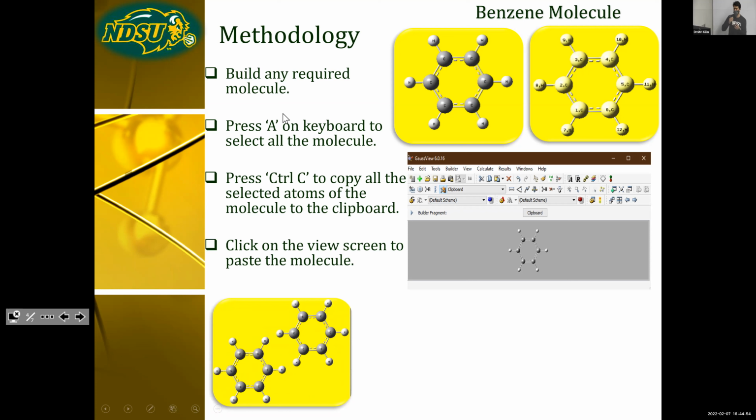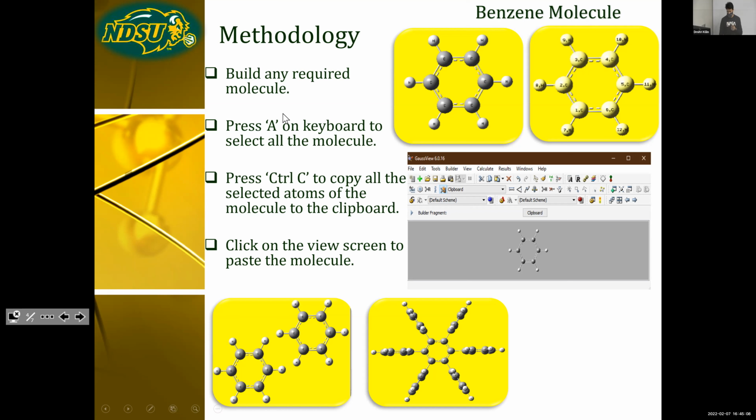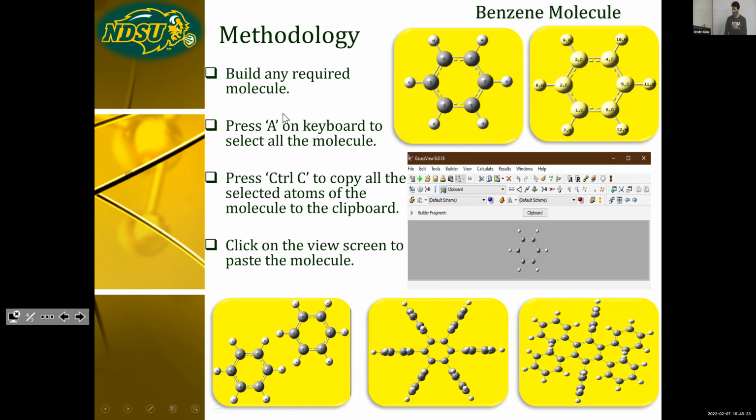And then you can just paste the molecule on your screen by pointing anywhere on the screen. Like this, I pasted first the same molecule on a different screen, and then on the second screen you can see I pasted the molecule on the right of the carbon atom to bond these two, and I made the cluster of 7 benzene rings. This is another orientation of the same molecule.